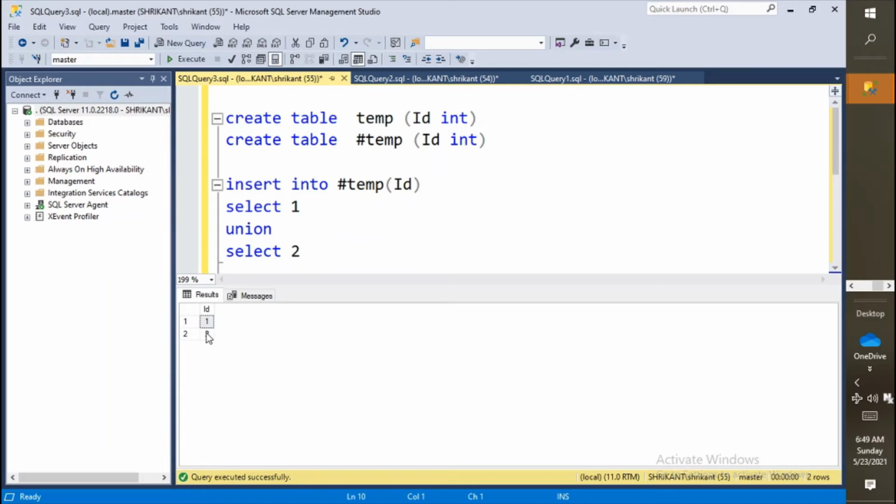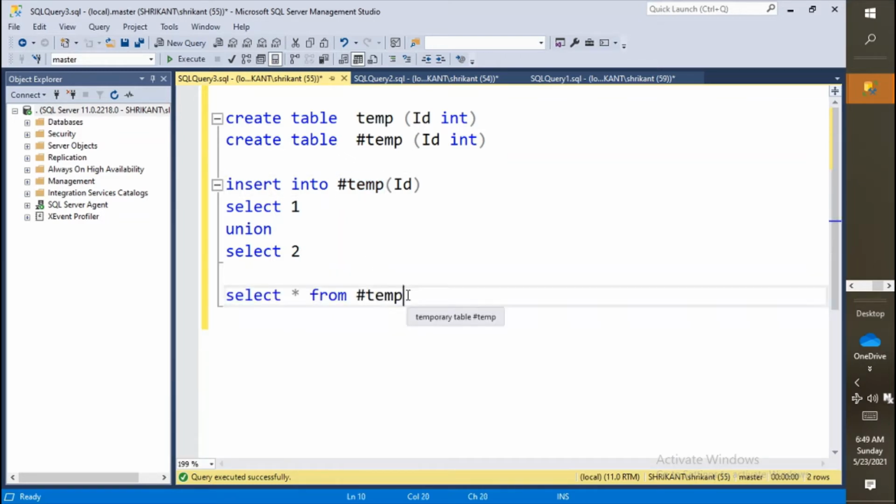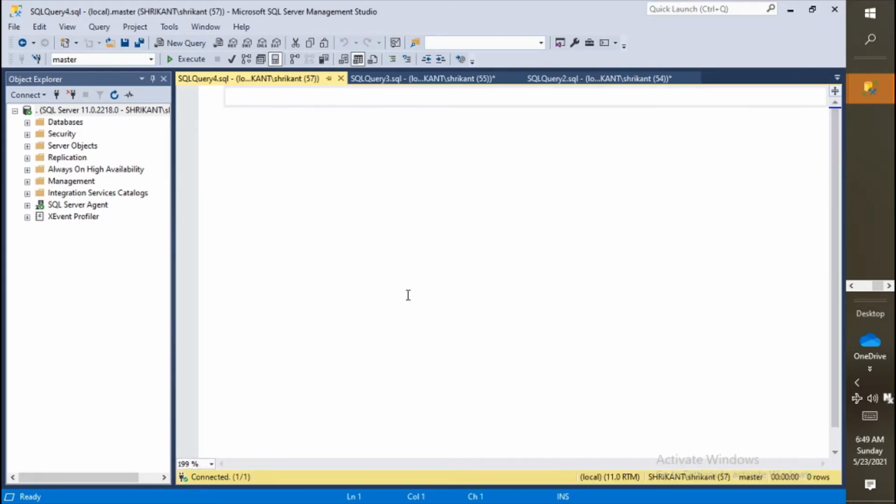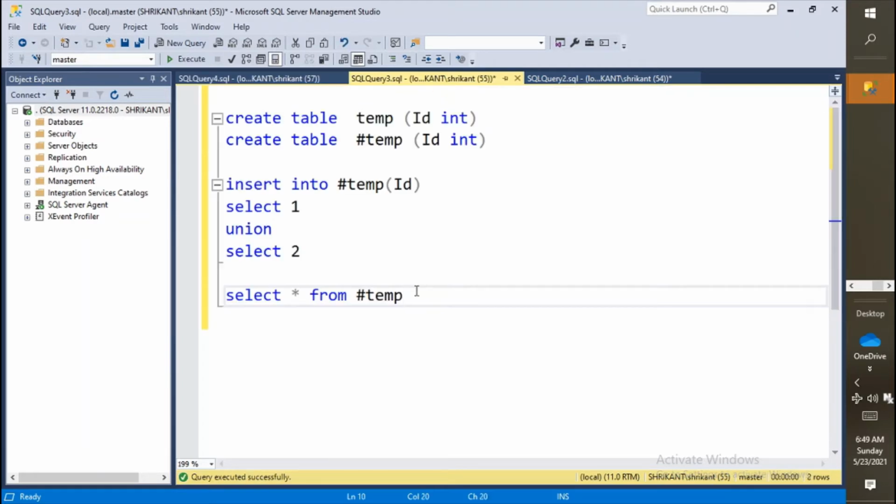These are the two rows which belong to the column called id and to the table named #temp. As I said, this is relevant to the session, to this window, and if I close this or move to another session, I won't get back this table. This window won't know what #temp is, right?